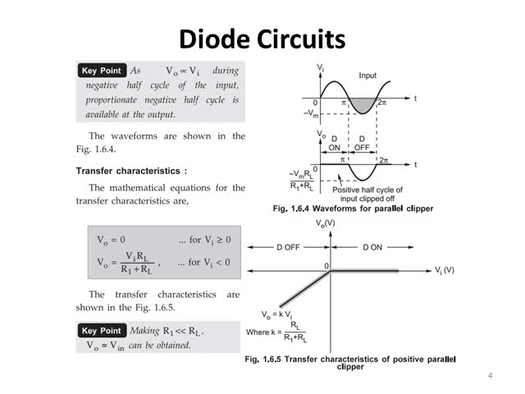We can draw the transfer characteristics by deriving the mathematical equations. Okay, so we can say that the output voltage is 0 for positive half cycle, that is the input voltage is greater than or equal to 0. For the input voltage less than 0, the output voltage is given by Vi into RL divided by R1 plus RL. The transfer characteristics are shown in the figure here. So making R1 much less than RL, we can say that VO is equal to Vin. Okay, so VO can be equal to Vin if RL is much greater than R1.